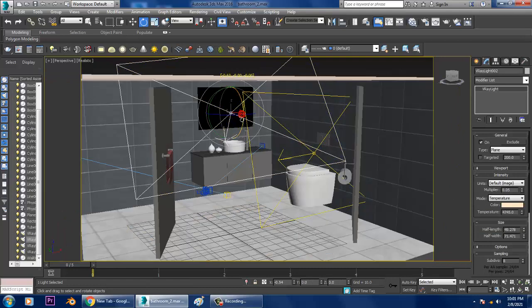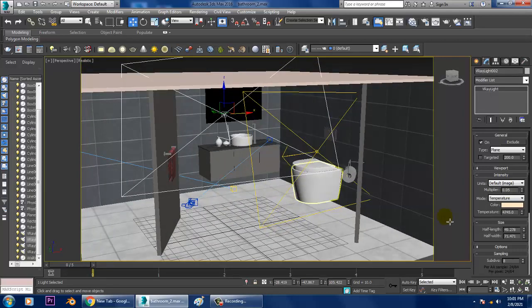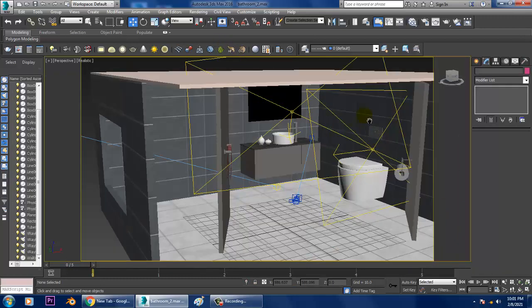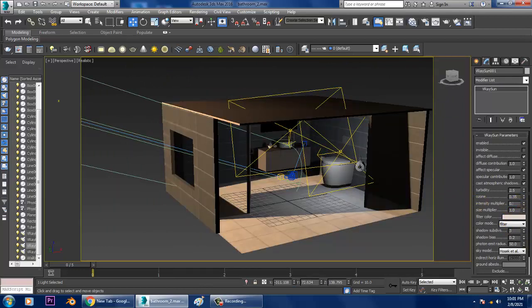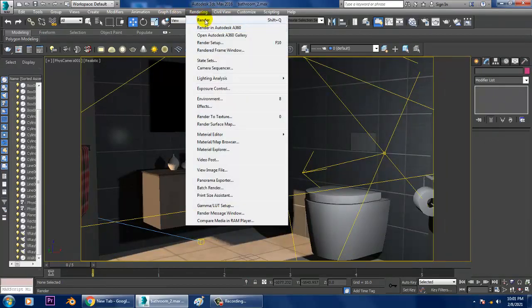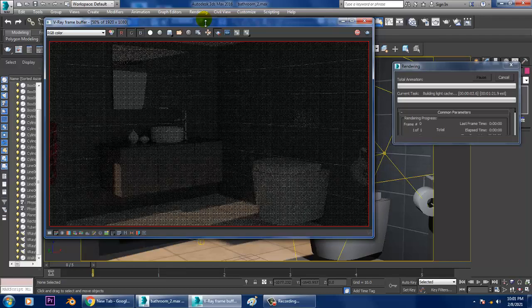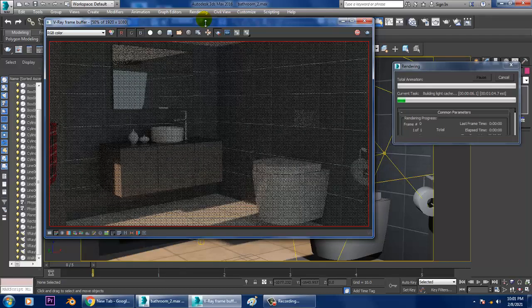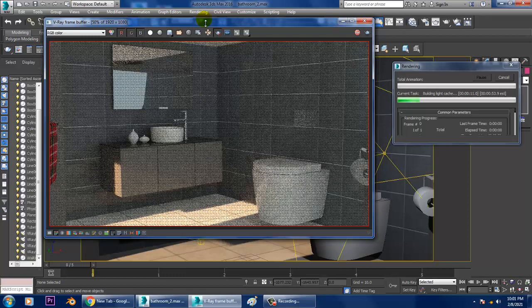Also, I'll slightly shift this a bit over here, and I'll increase the intensity of this V-ray light to 0.07, and increase the intensity of the sunlight to 0.09. Let's slightly render it and see.